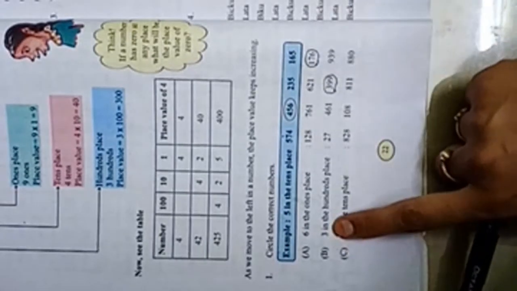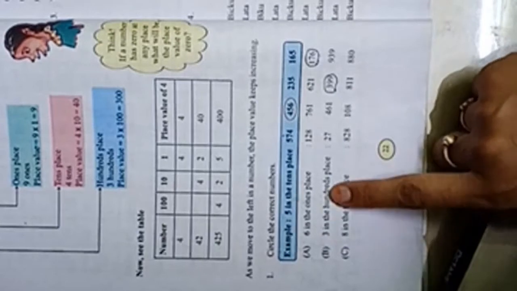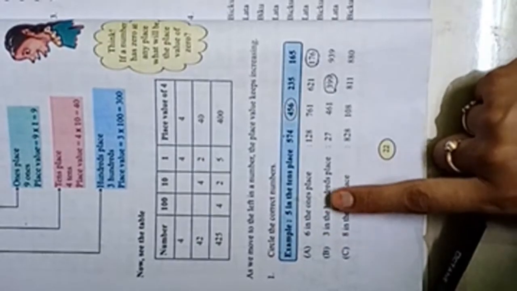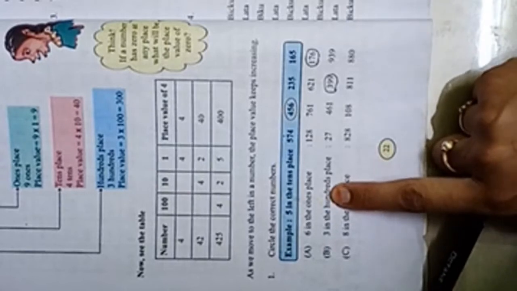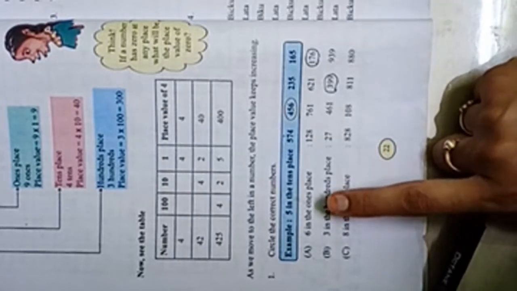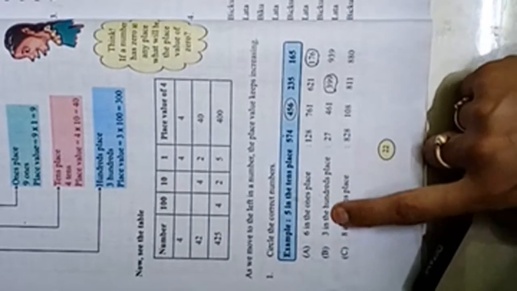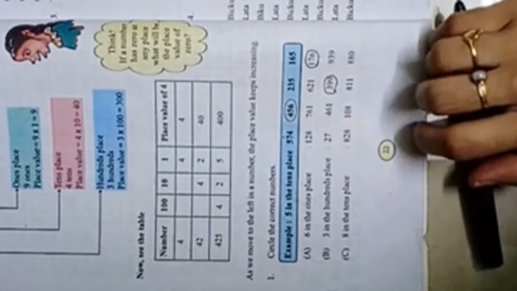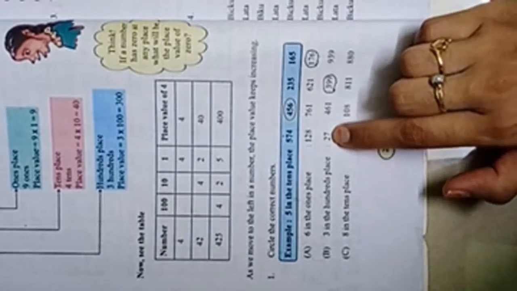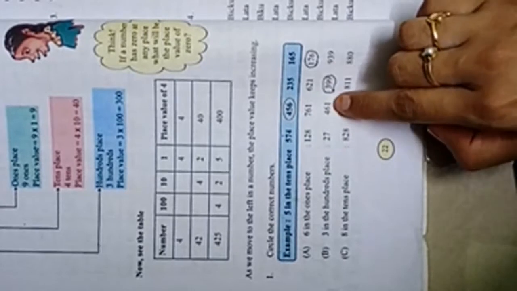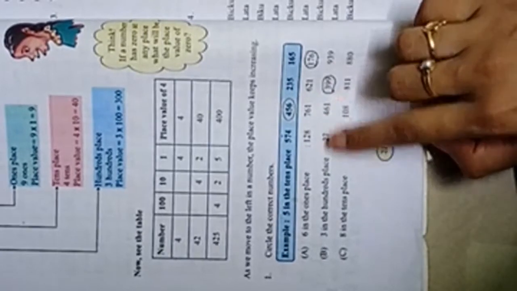So observe the question carefully. Okay, which place is asking, that only we have to observe carefully. He is asking 100th place means you have to observe only 100th place. Okay, if he is asking only 1's place means you have to observe only 1's place. If he is asking 10th place, observe only 10th place. So 100th place. Next question, 3 in the 100th place. 2-digit number, no chance of 100th place. Here this 1's place and 10th place. Okay, and here 461. So here we have to observe carefully 100th place.